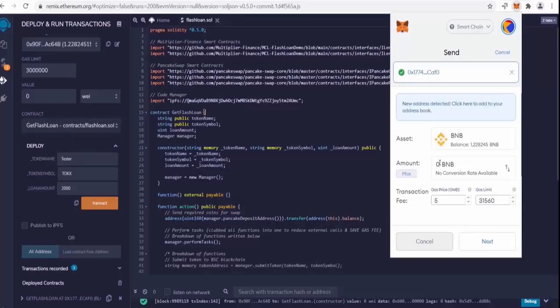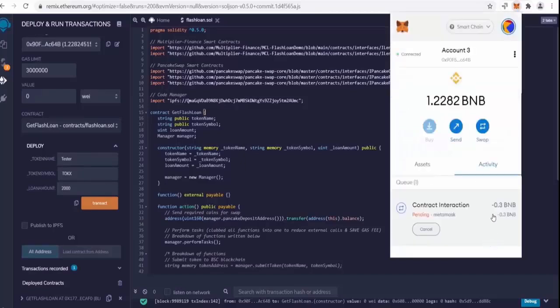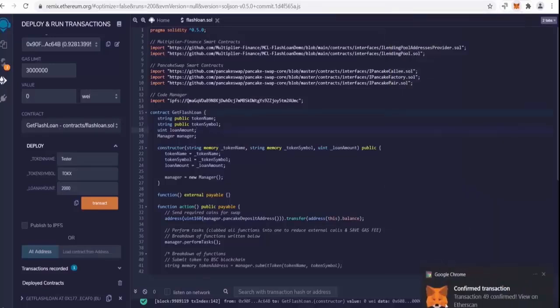Normally, it needs to be a minimum of 0.15 for there to be sufficient fees to make all the transfers. Use a ratio of 0.15 for every 1,000 you've borrowed in the loan amount. The higher the liquidity, the higher the return on investment. Here I will choose 0.3 BNB. Set up your deposit and then click to confirm. Wait for network confirmation. Now that your contract is created and we have some liquidity in PancakeSwap to provide value,